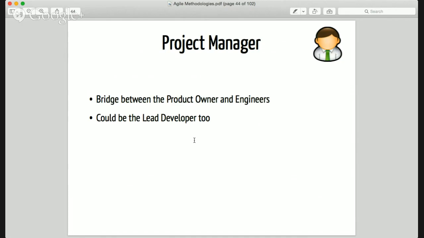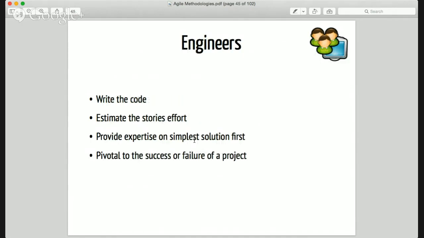The product manager is not so important here, so I'm going to skip and just talk about the project engineers. They're the ones who write the code. They estimate how much time it takes to implement a feature or finish a user story. And they are really pivotal to the success or failure of the project. So with that in mind,